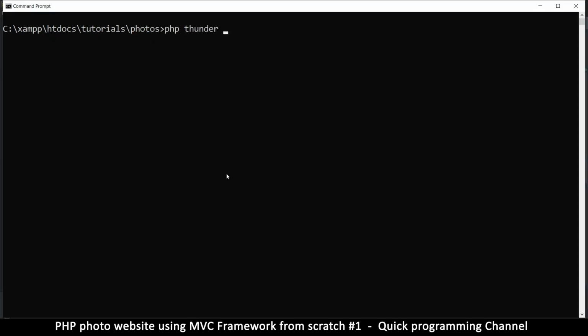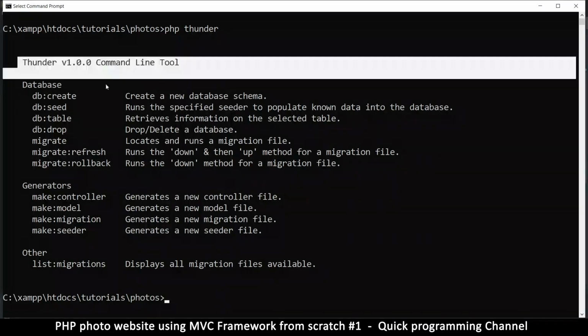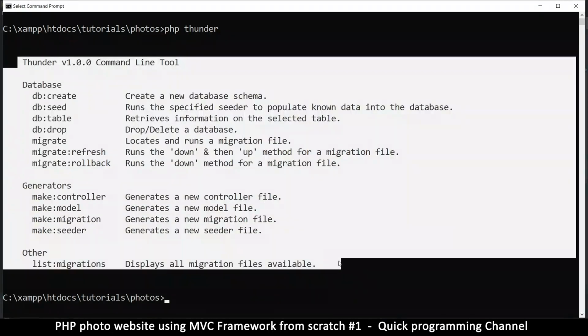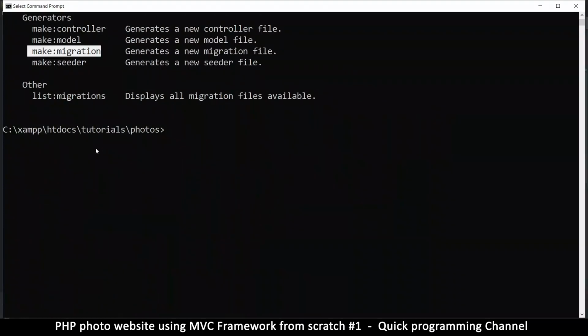And what I want to do is say make or something. If I just press enter here, nothing will happen. It's going to bring me the help files here to show me what I can do. So the thing that I want to use is a generator. I want to make a controller. I want to make a model. I want to make a migration file. And this is great. Okay, so let's try and let's do php thunder, and I want to do the make